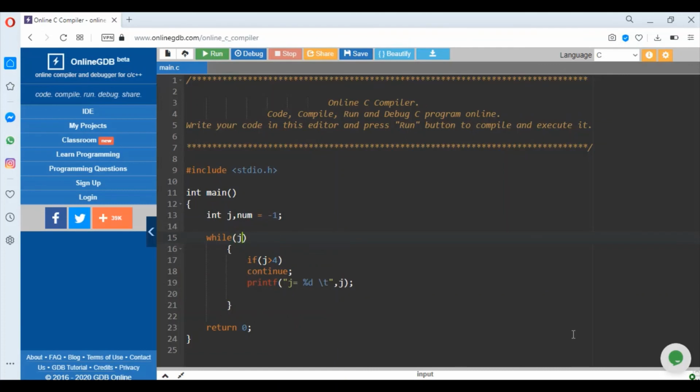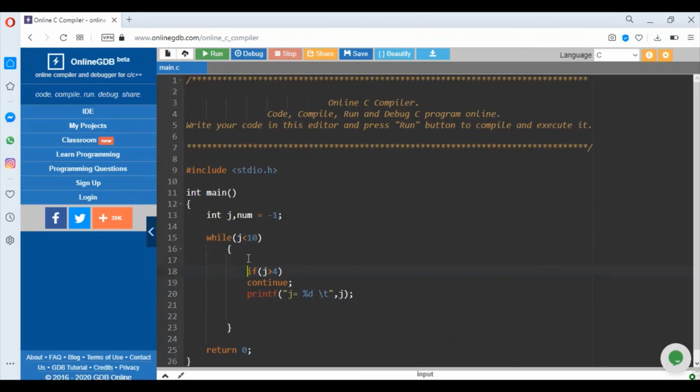Now what I want is, j is less than 10, then print j, and here I have to also give j plus plus here, right? So what I do is, I'll just put the j plus plus here, so I will be printing from 1 to 9 here, right?